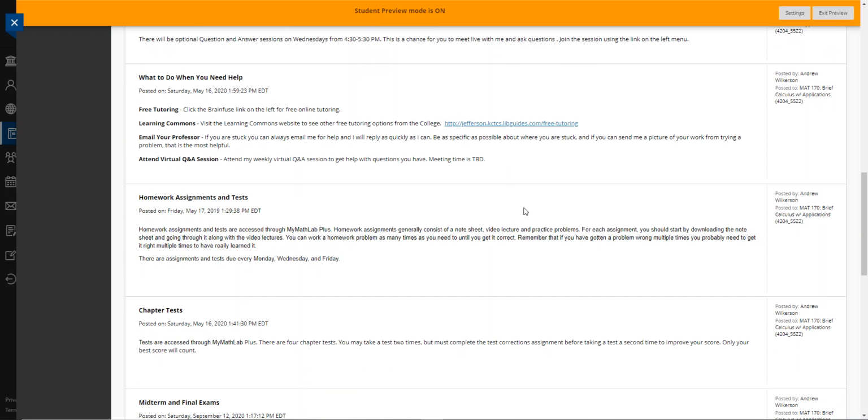Throughout the semester, if you need help at any time during the course with the content, you have several options to be able to get help in this course. One, there is some free tutoring available through something called BrainFuse. This is a link on the left menu of the course. You can also receive free tutoring through the Learning Commons from Jefferson, which is the library. You can also email me if you have questions or problems that you're stuck on,